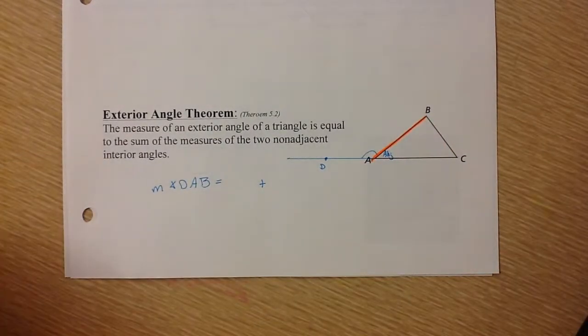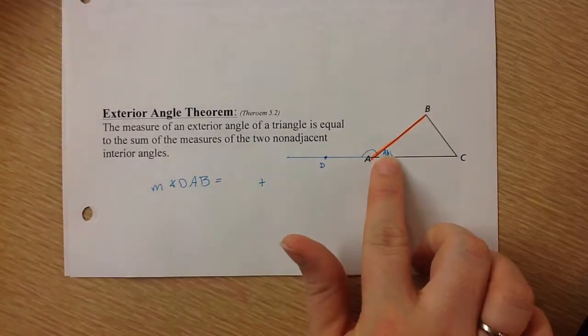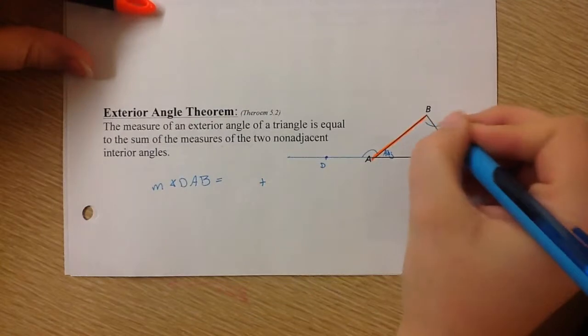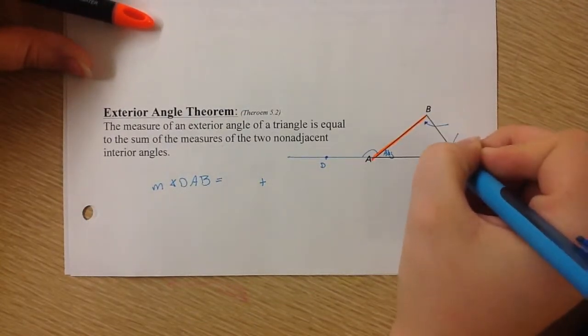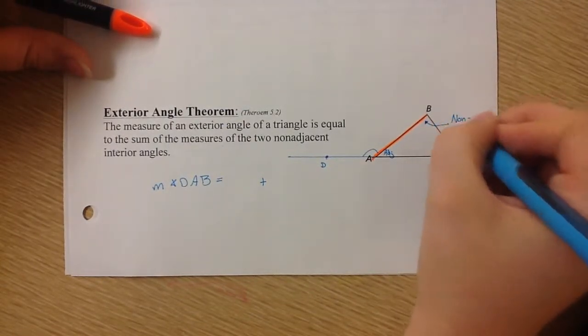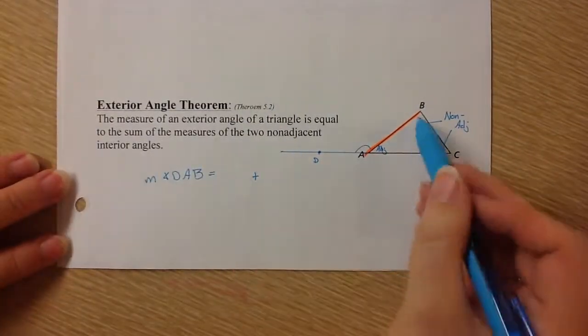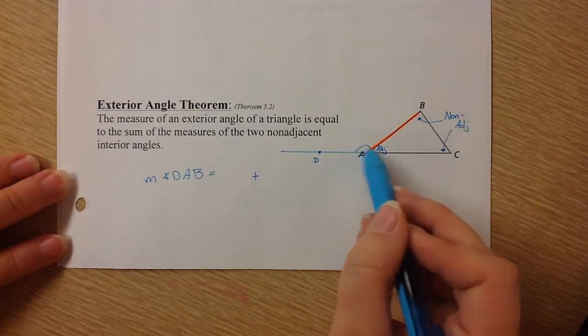That side is on both of those angles. So this angle is the adjacent one. The non-adjacent would be these two over here. This guy and this guy are the non-adjacent sides, non-adjacent angles. Okay, so if I add those two non-adjacent angles, it equals the sum of this one